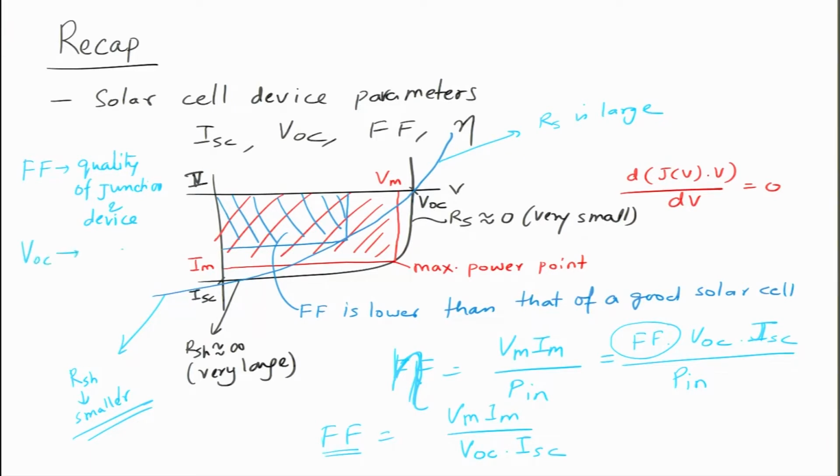VOC, as we saw last time, depends upon the band gap. The larger the band gap, the larger the VOC is going to be, but when you increase the band gap, the current drops. So, both ISC and VOC to some extent are determined by EG, and there is an optimum EG that you need to use, but it depends upon the materials available to you. Typically, we will see that the range varies from 1 electron volt to 1.7 or 1.8 electron volt, and within this we get whatever VOC and ISC we have. But VOC and ISC are also dependent upon the recombination in the devices.